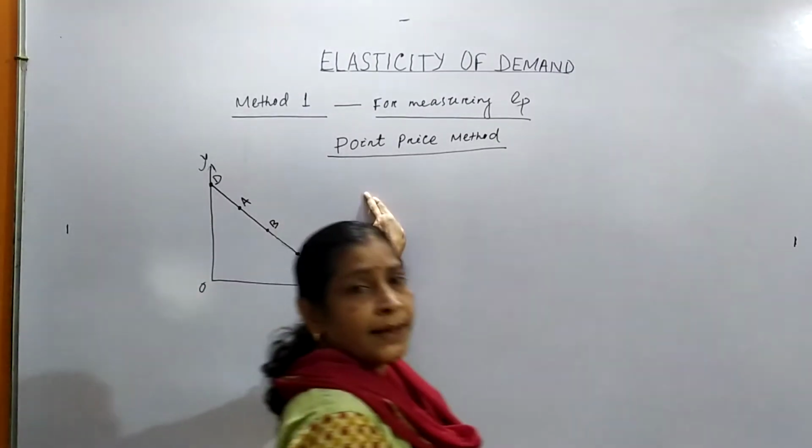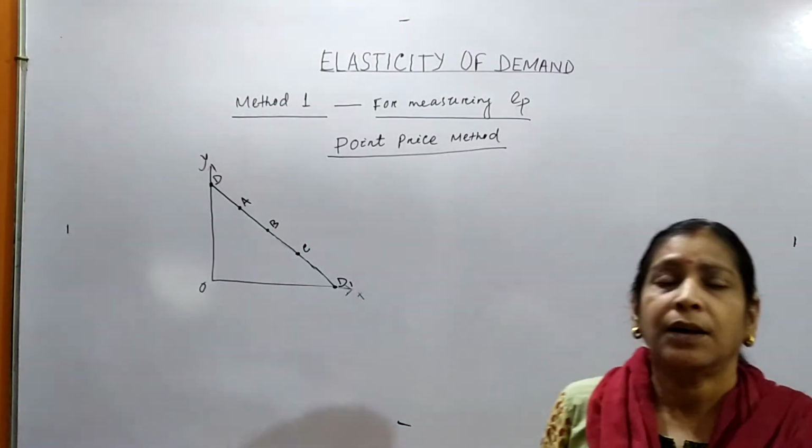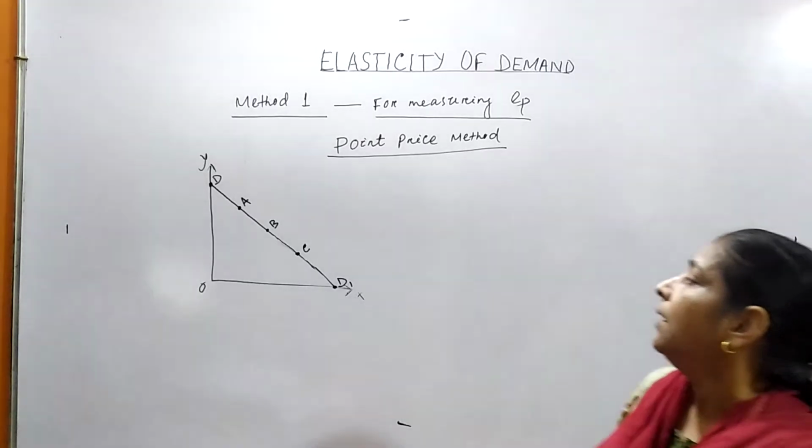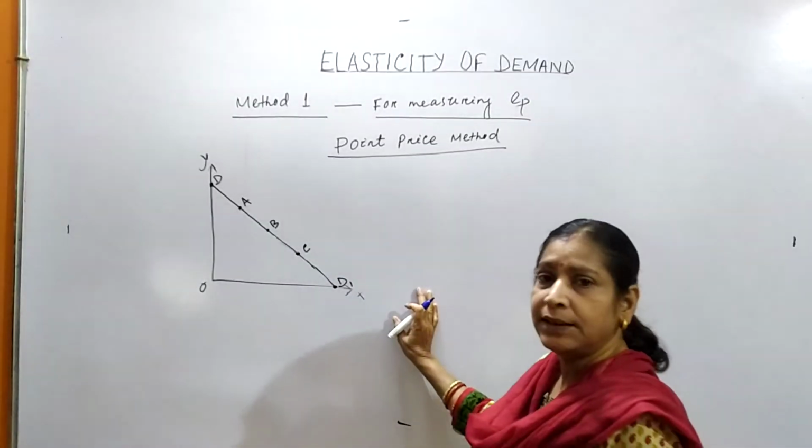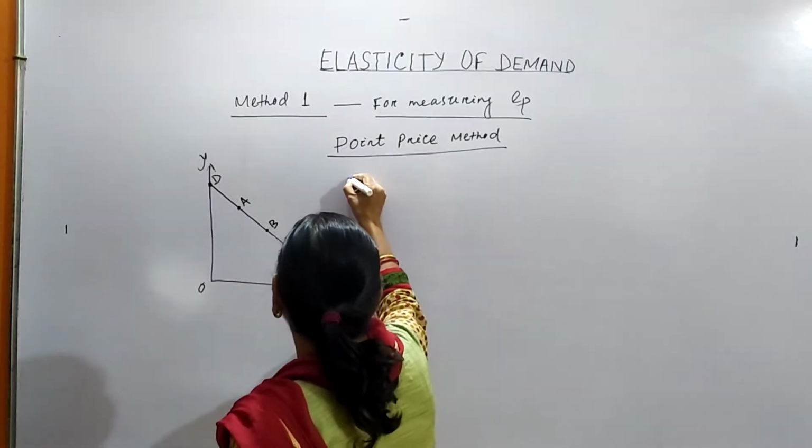What will be the value of price elasticity at points B and C, and so on. Friends, there is a formula for calculating or measuring price elasticity on a straight line downward sloping demand curve. You have to remember this formula. The formula is